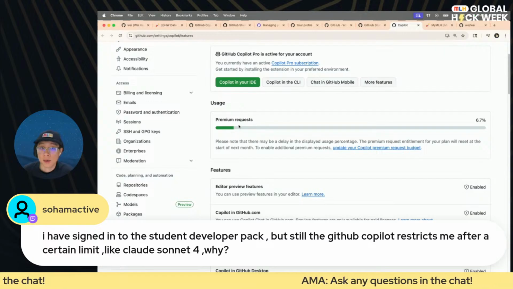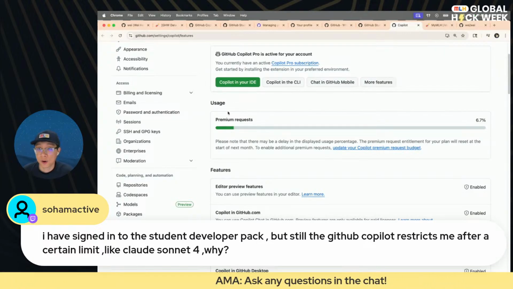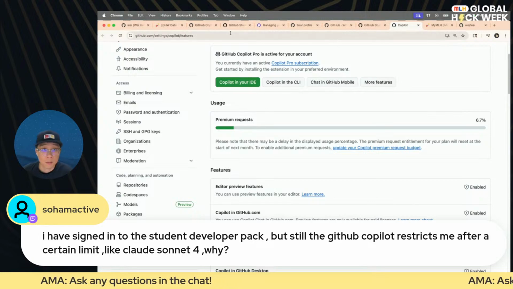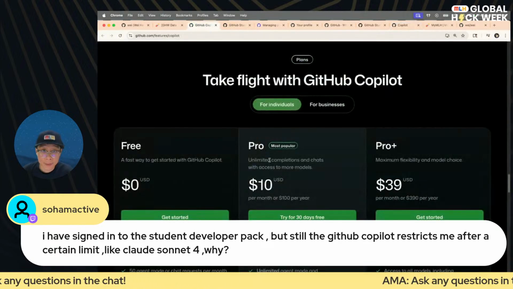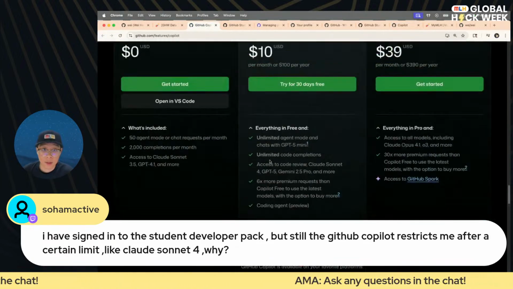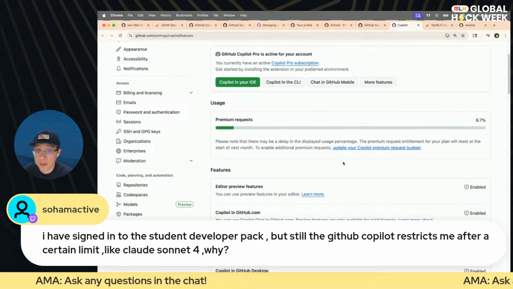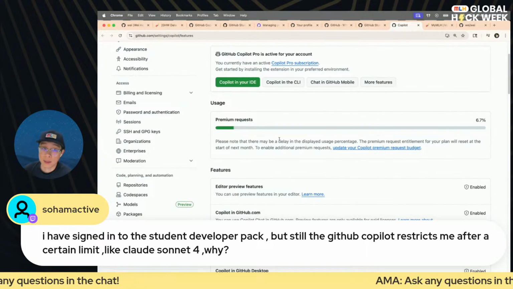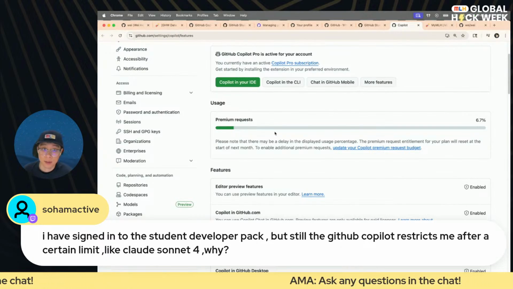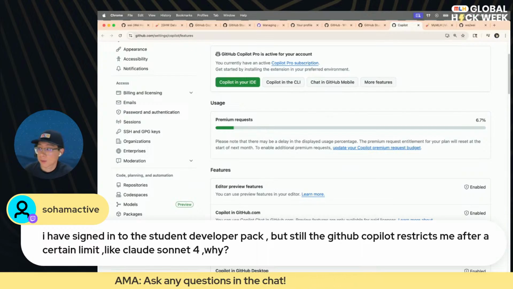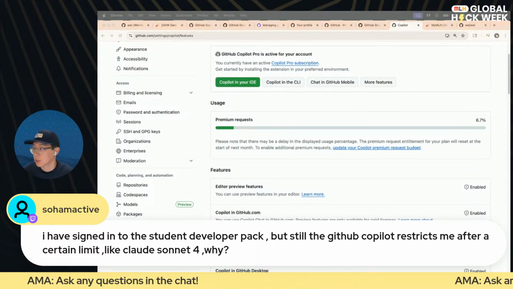So unfortunately, there is a cap for how many requests that you can make with the GitHub Copilot Pro, but you can continue to use some of the free models that don't cost any credits, or you can wait till the next month, or you can consider upgrading to a higher tier if you find this tool very useful in your day-to-day workflow. Hope that answers your question.